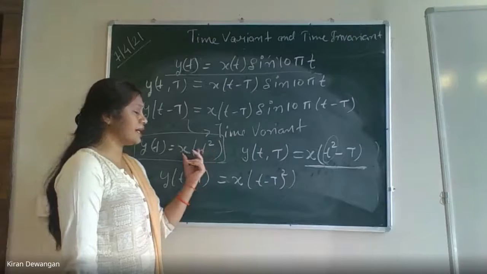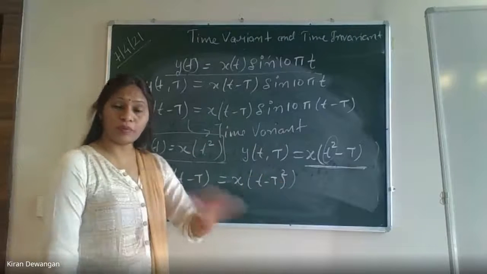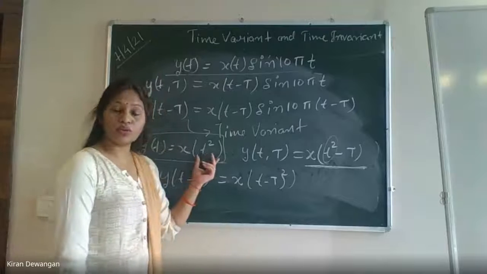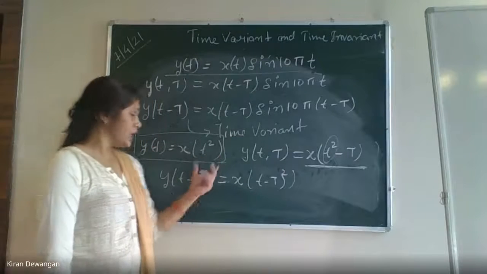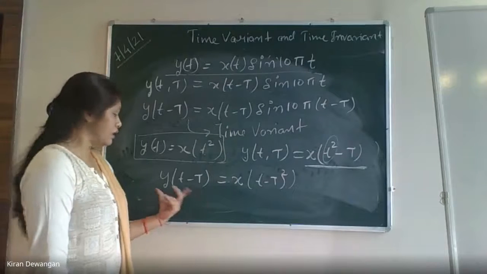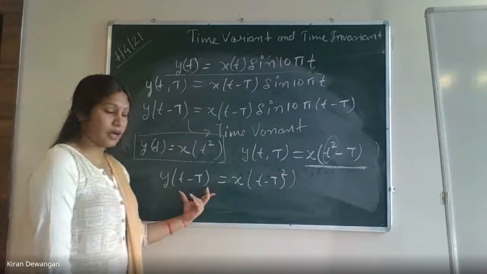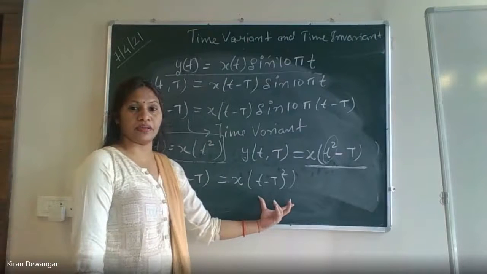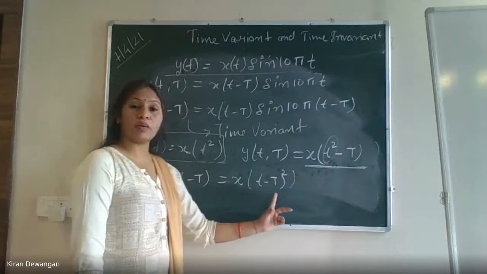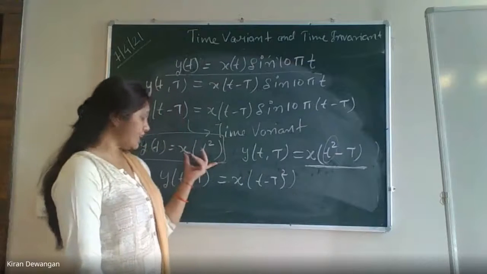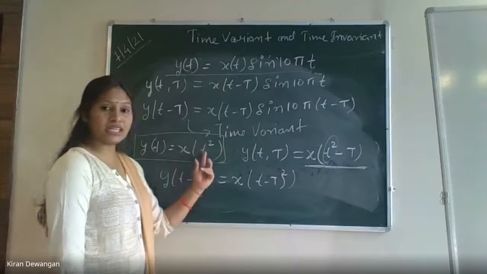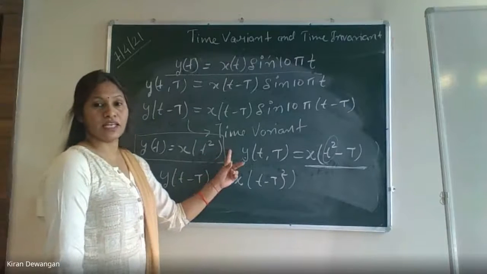It is not like t minus t का whole square, तो वो completely different shift हो जाएगा. Don't get confused. t minus t का whole square will be a completely different shift. What it is saying here, that will be the complete thing. तो ये y of t minus t बोल रहा है, तो in this case it will happen t minus t का whole square. यहाँ पर ये ऐसा होगा x of t minus t का whole square. But here when there is a shift in the input मतलब t square minus t होगा ये.